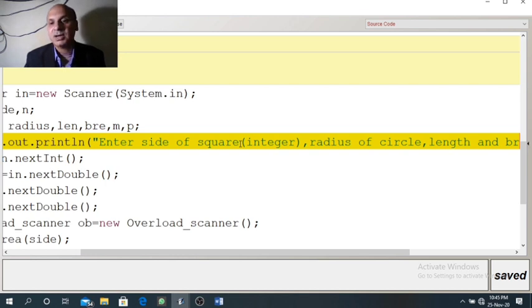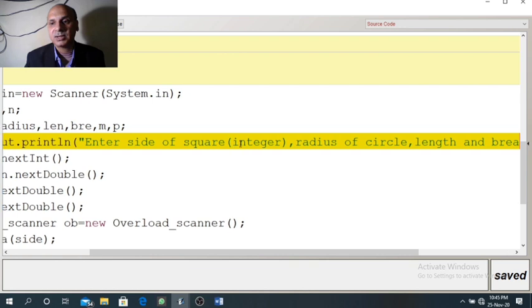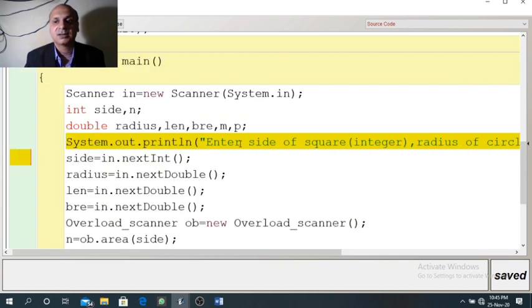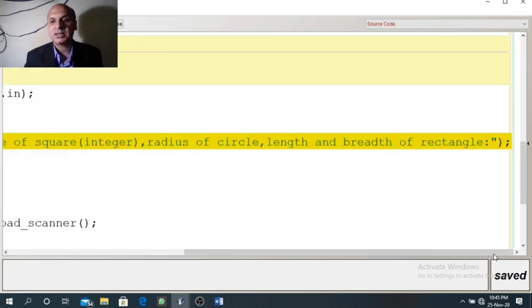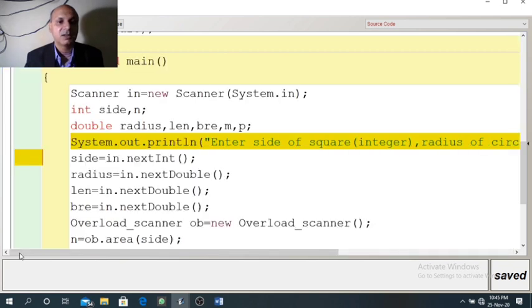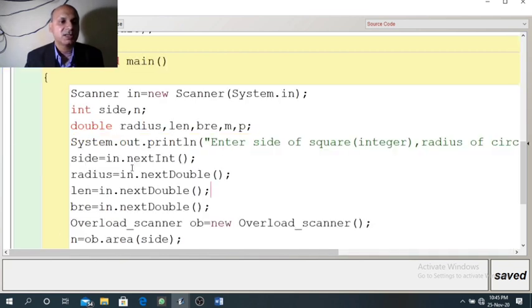Now in case of radius of circle and length and breadth of rectangle, we can take any type, whether integer type or double type, it will work. So after displaying the message, side will store the side of a square, radius will store radius of circle, len and BRE will store length and breadth.